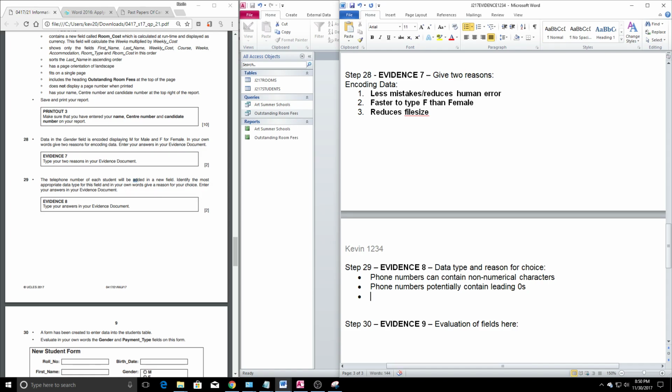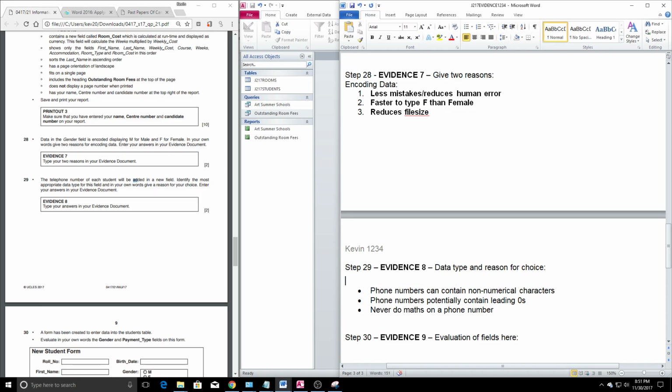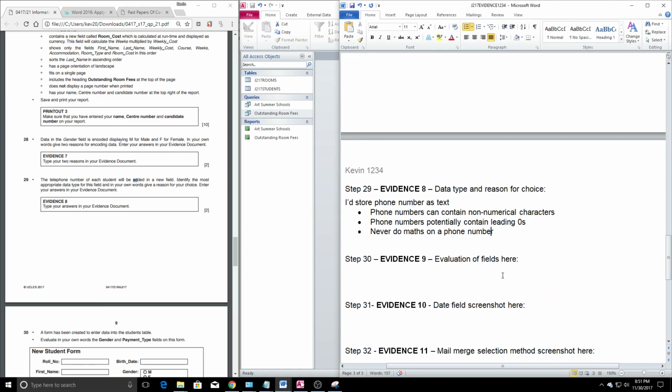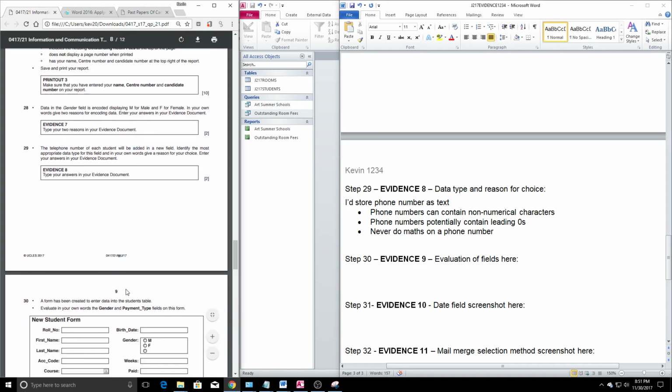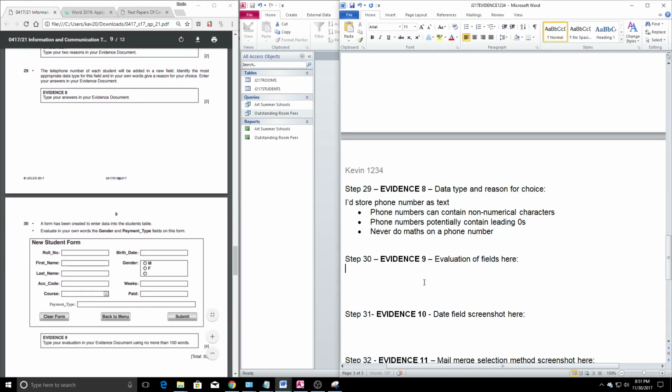And finally, you never have to add phone numbers. Never do any maths on a phone number. And there's no point in doing maths on a phone number, really. So you don't need to store them as numbers. So yeah, you would want to point out that I'd store the phone number as text, and then any of these reasons would get you the 2 marks. There's others as well, but that's your basics. Finally, you need to evaluate this form,